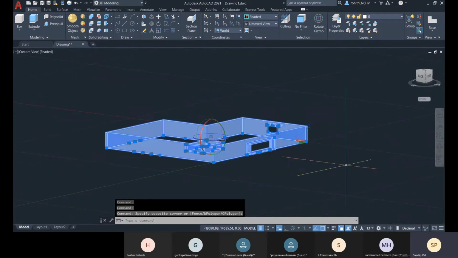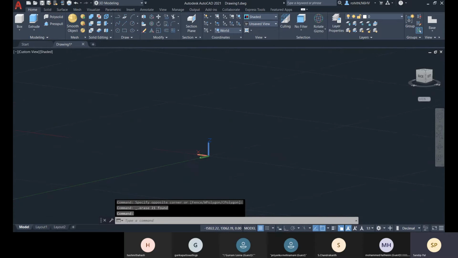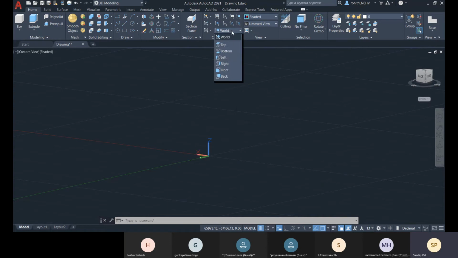Now let me show you about the coordinates. So for the coordinates, we have these options. So this option is like it will align with the orthographic views.